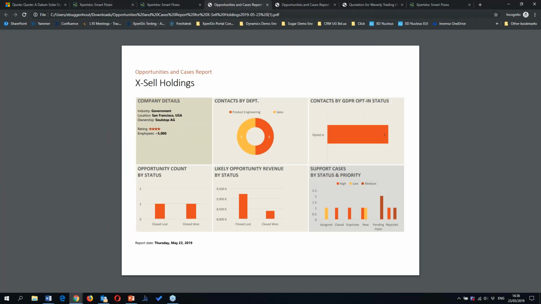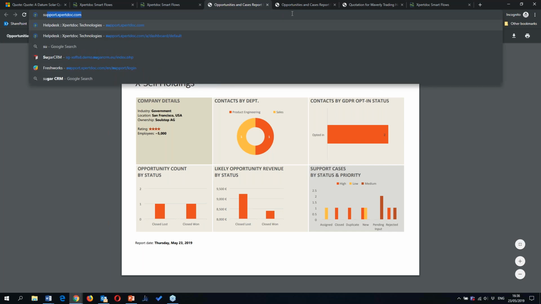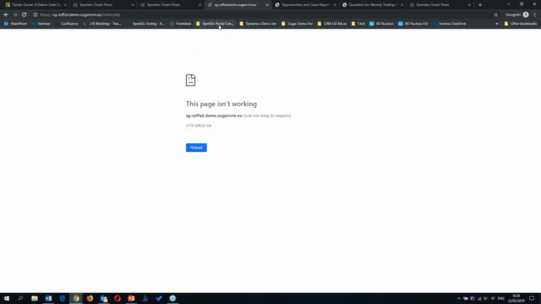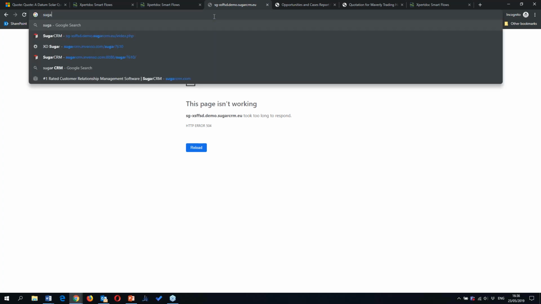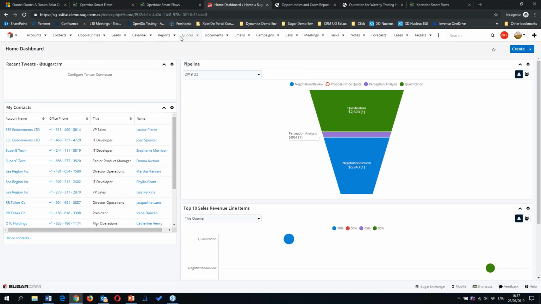Do I still have my Sugar open? Oh, it looks like I closed my Sugar here. So hang on, let me just go back into my Sugar environment. Oh, this is not what I was expecting here. Hang on. Is this the one? This seems to be the one. Okie dokie. Let me just run that